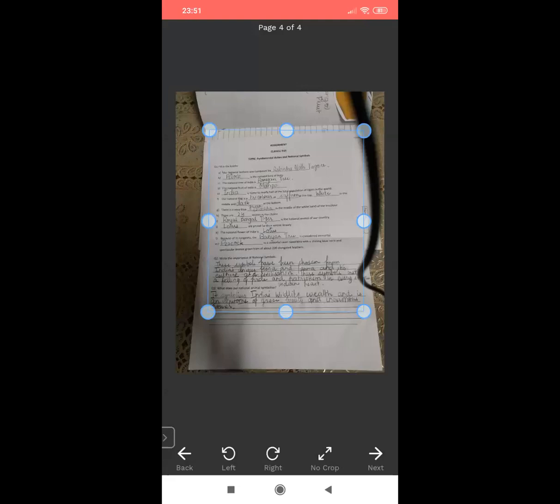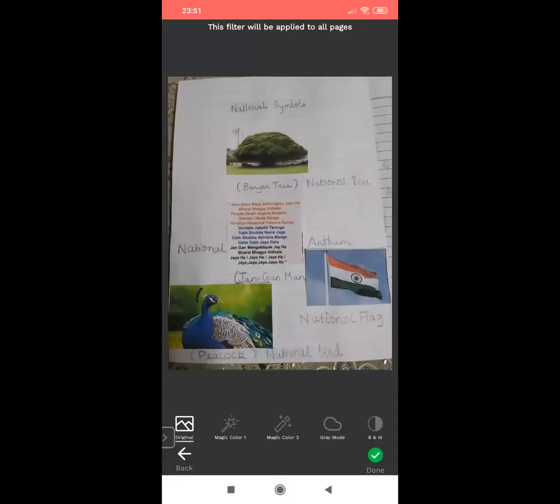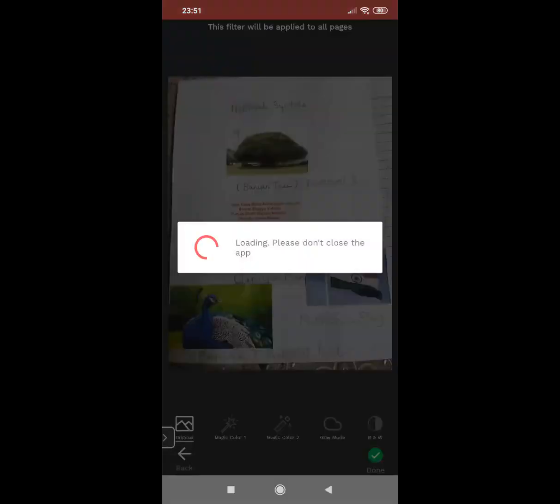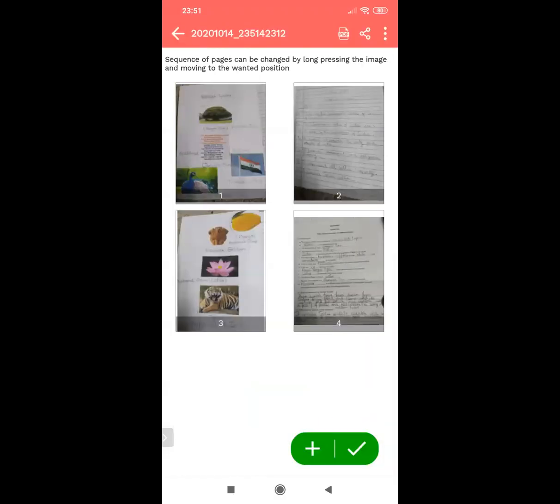And once it's done, then you get the option to complete, and that's with this done button. Again, right hand side corner, bottom corner, it says this green circular button, done. So now it's loading the thing for me. And page wise, my scan is ready. So I just click on this tick yes button.